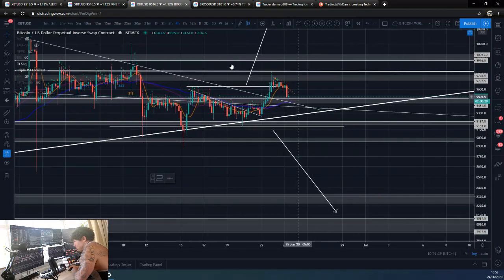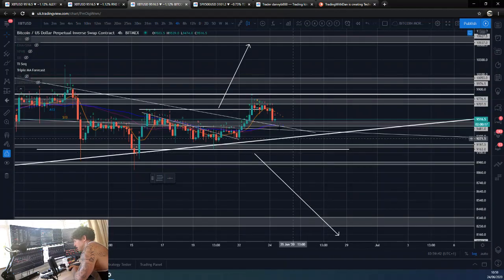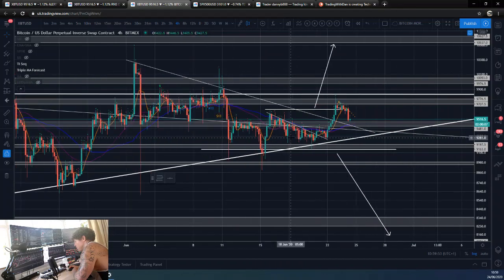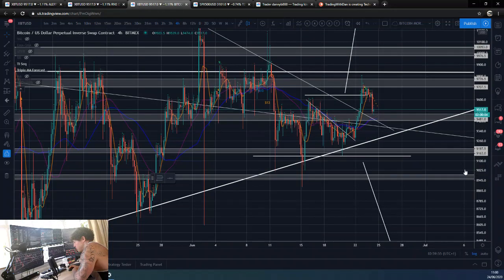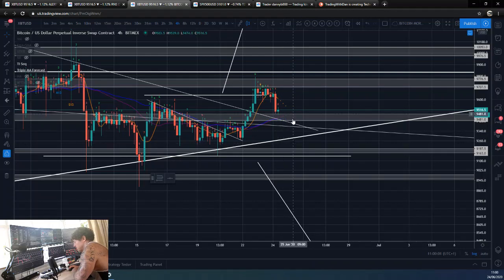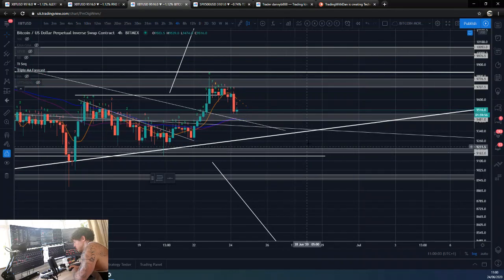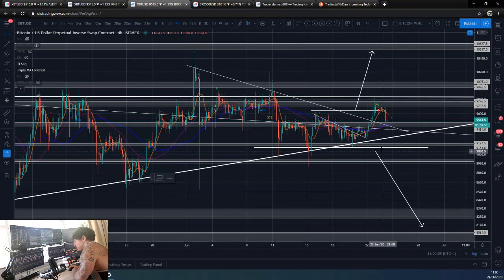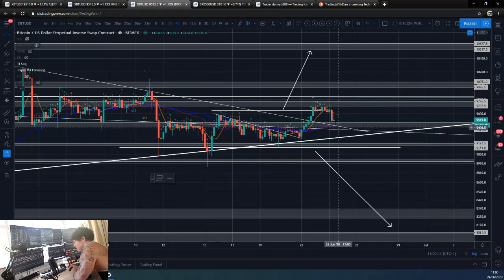I think this 4 hour 9's played out, a nice little move down, resistance played out, the back test of the support played out, and the back test of this trend line support is potentially going to play out with some wicks, maybe even what would be a pretty severe liquidity hunt if we get down to 9,300. As long as that holds, and as long as that's just a wick on larger time frame candles, that's going to be a trigger for a lot of bigger traders, like I was telling you in last night's video. That'll be a retest and then testing some liquidity down here and coming back up, especially if we get a doji reversal candle.